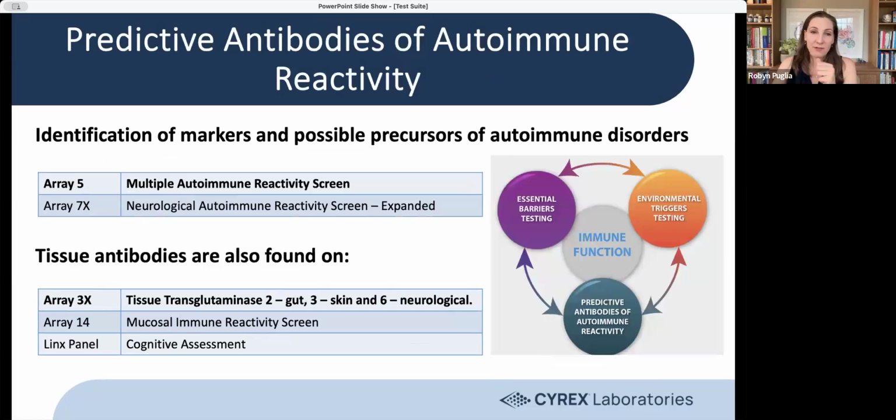A hallmark of autoimmune disease is autoantibodies. And so, of course, Cyrex has multiple panels that help us to assess the presence of autoantibodies in our client and patient population. So the most comprehensive test that we have is Array5, which is our predictive antibody panel, multiple autoimmune reactivity screen. This looks at the most common tissue-specific autoantibodies